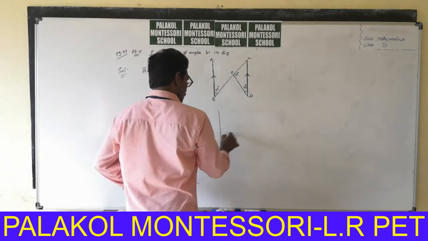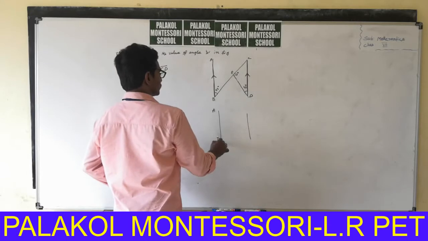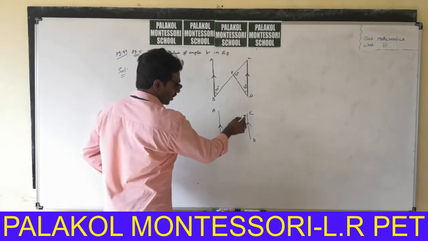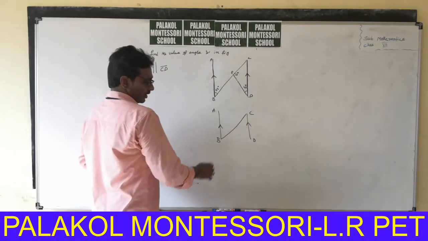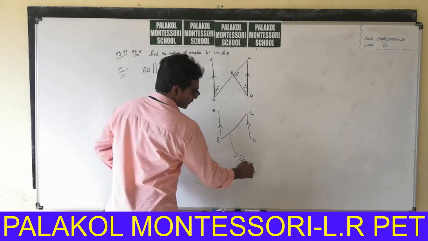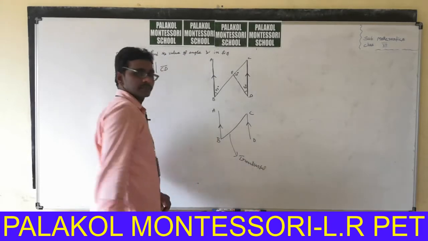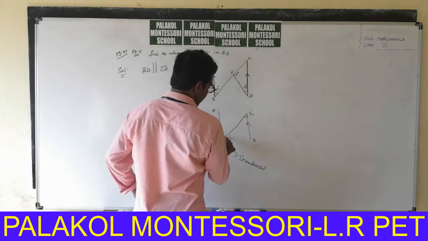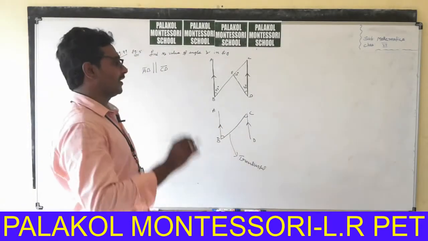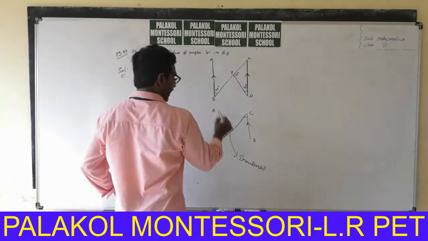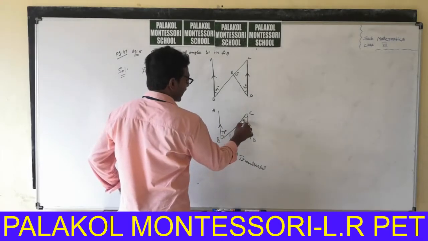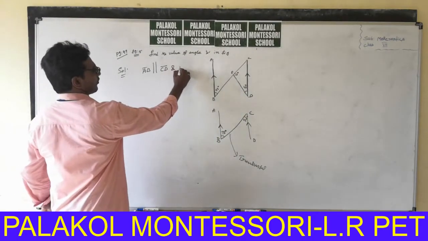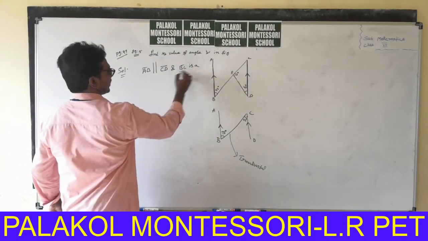Guys, I draw the two lines here. Now, I join BC. Here BC is acting as a transversal. So, you know that these angles are called alternate angles. Very good. Already given here the angle is equal to 70 degrees. That means here the angle is also 70 degrees. That you write here. And BC bar is a transversal.